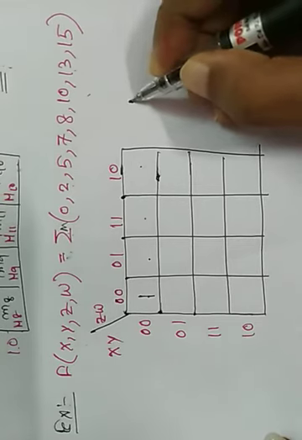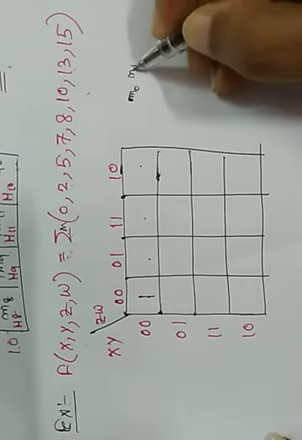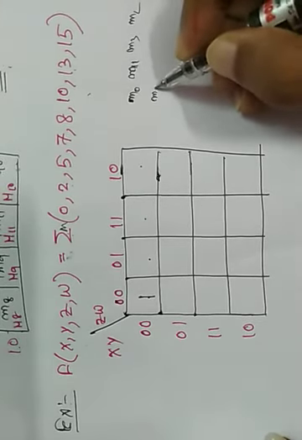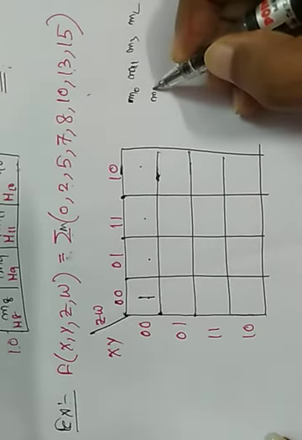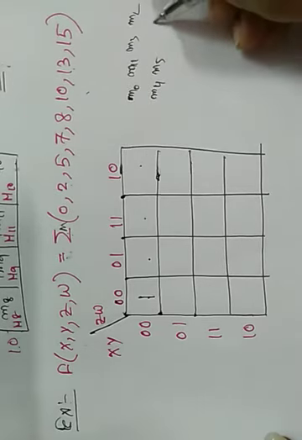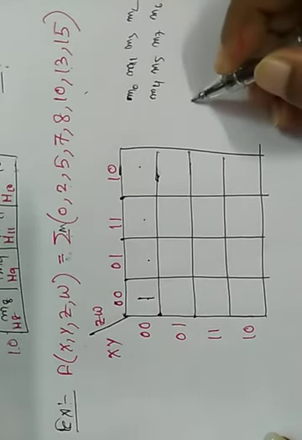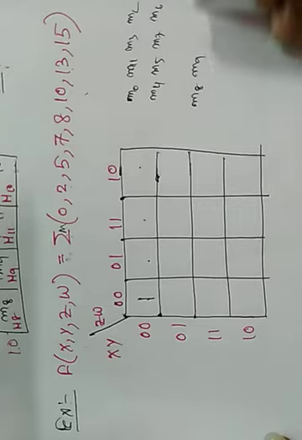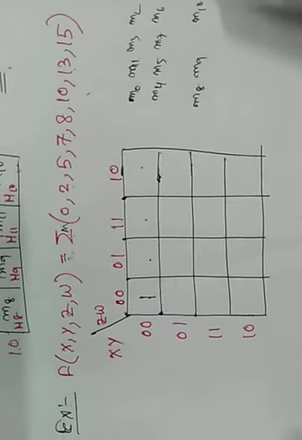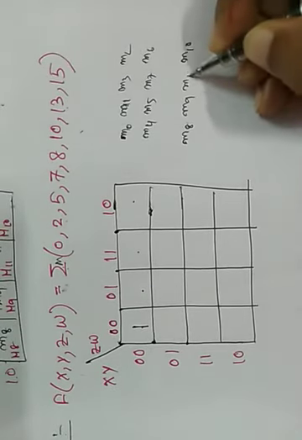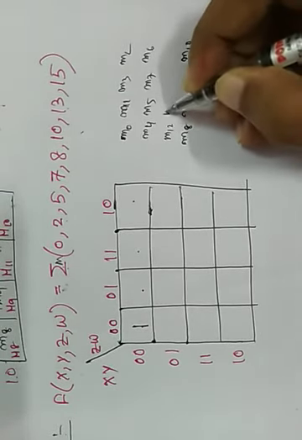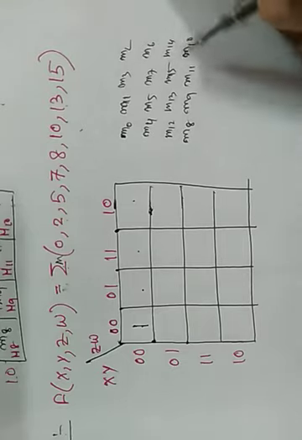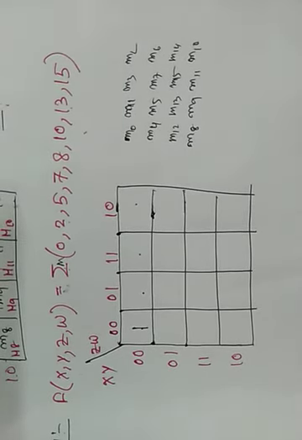I think for your understanding it is better to write M0, M1, M2, M3, M4, M5, M6, M7, M8, M9, M10, M11, M12, M13, M14, M15 here using pencil, and after plotting the values you can erase them. Then you will not be mistaken.